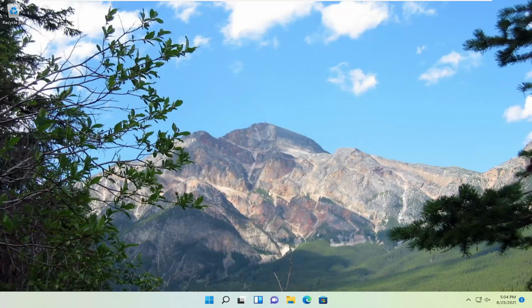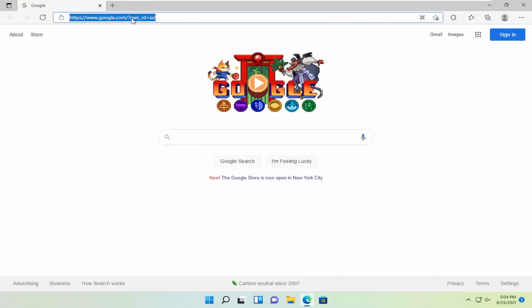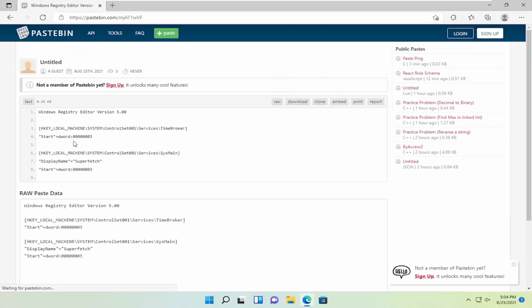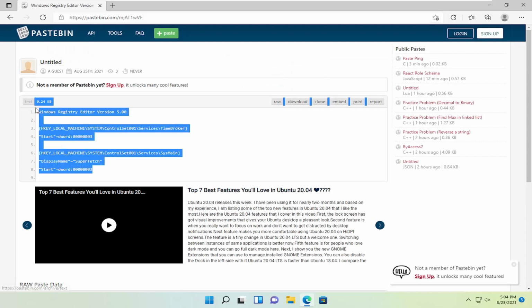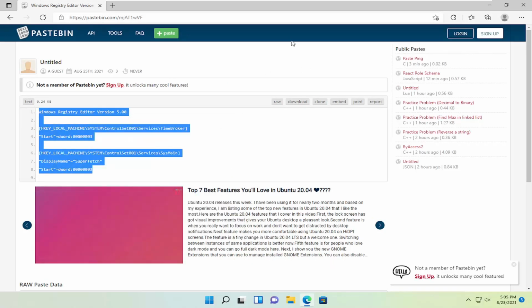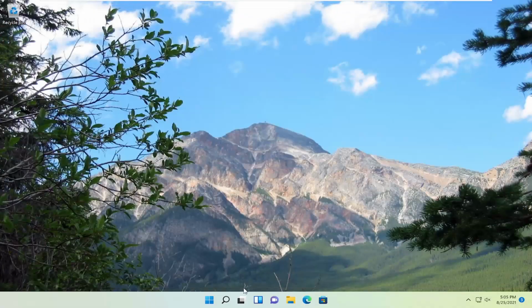So I'm going to have some text on a Pastebin website here, so you just go ahead and copy the link and then paste it into an address bar to go to it. I'm going to have text on this page, so just go ahead and right click and copy, close out of the web browser, open up the search icon,